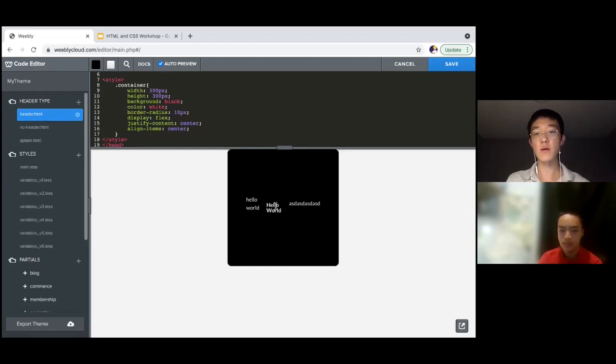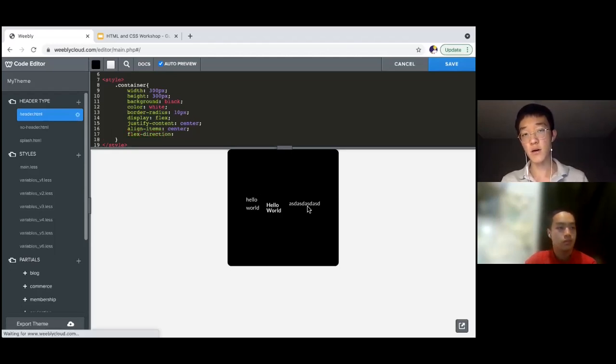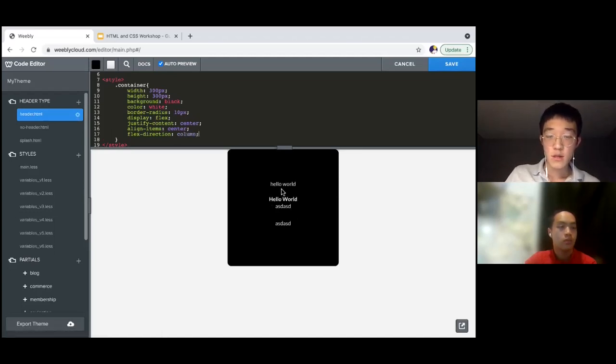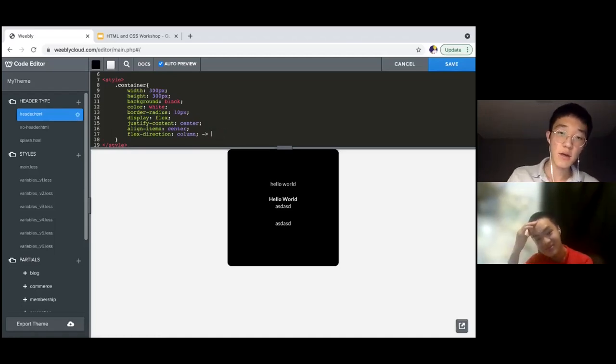So to arrange this into a column, I'll just say flex direction, which is going to change the direction of the container, and then say column. And I should set it to like this. And by default, this is actually set to row, but if you want a column, you just change it to column,